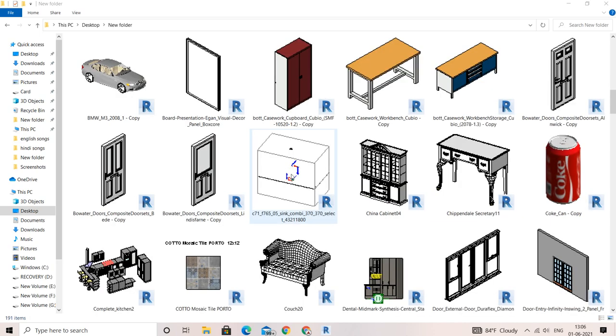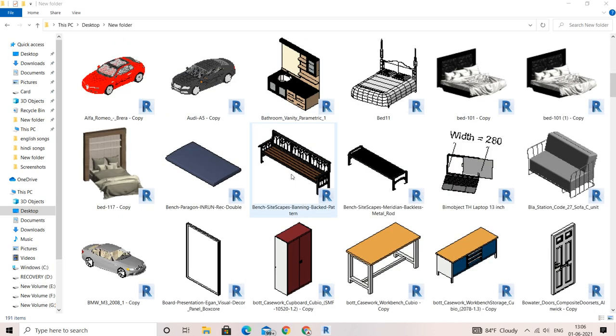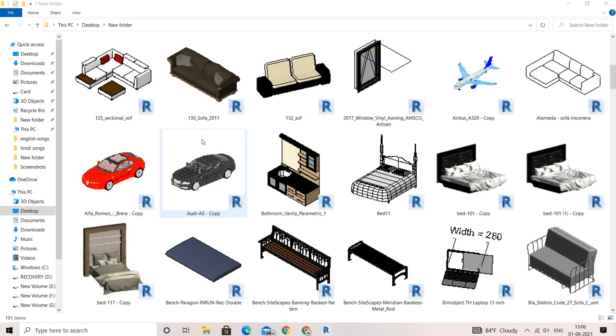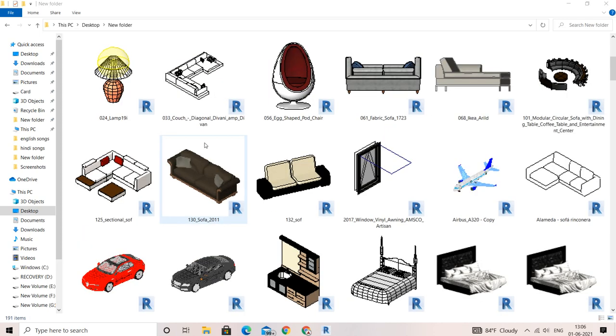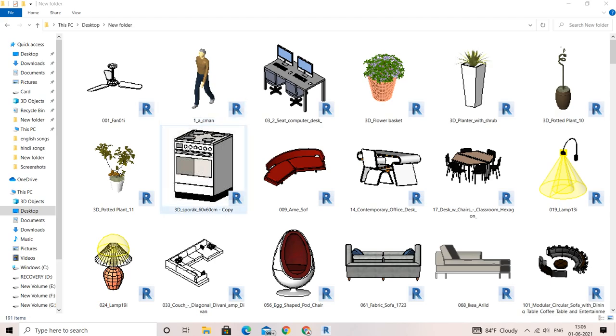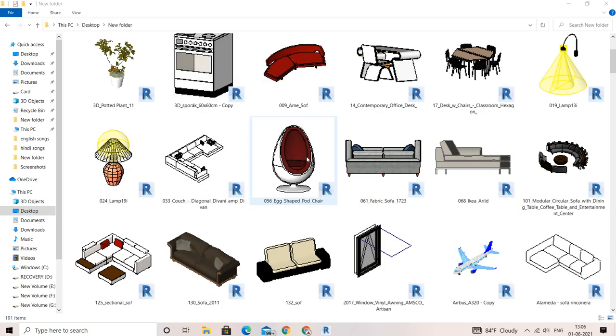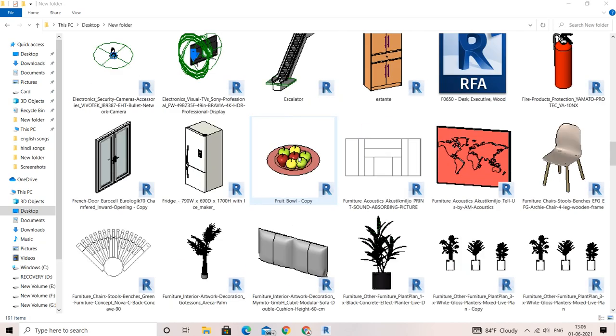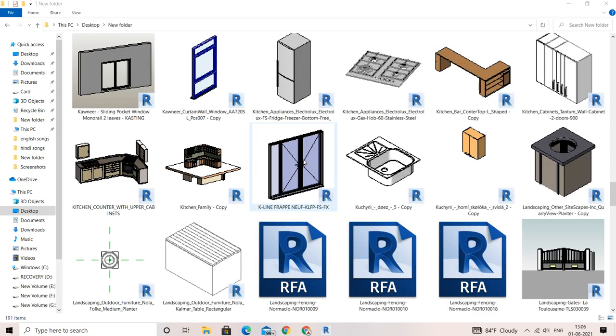So you can see there are a lot of blocks, right? Varieties of cars, so that makes your plan look very attractive to your clients. I'm going to show you some demos also, so you can see how your plans look good, right? So this is an accent chair. If you upload it in your drawings, that is quite good. I'm going to provide you all these components over here, and I will show you some demos in this tutorial. So that looks quite good.